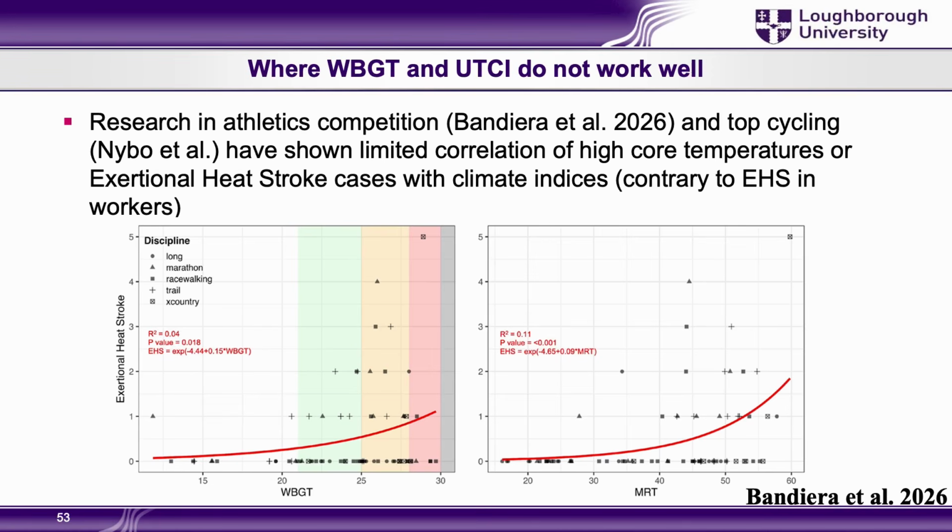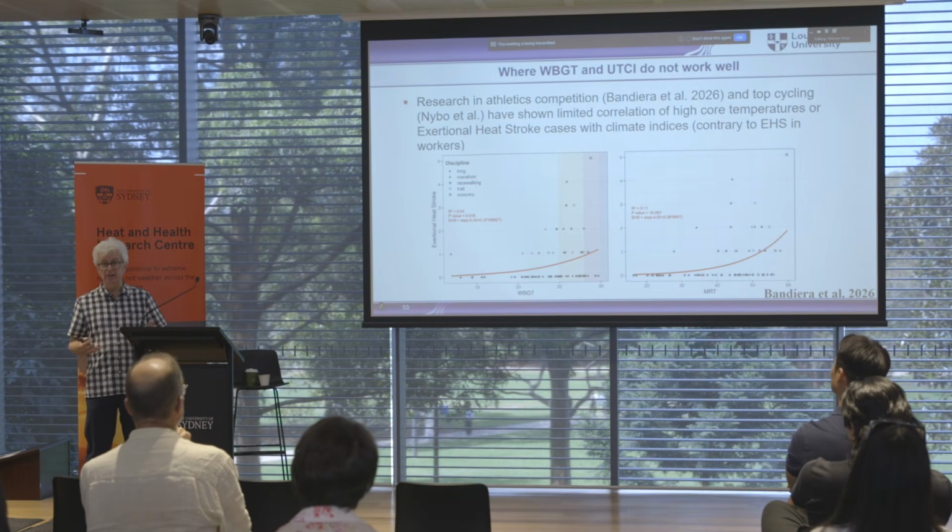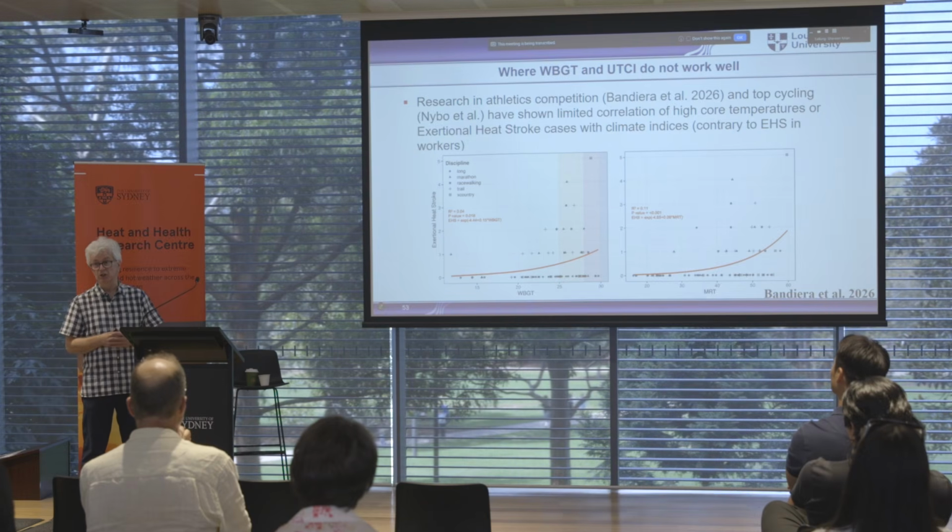There's also cases, and in the literature we'll find more. The work capacity one is where UTCI worked really well. There's also situations where it doesn't work well. And there's a number of people, in this example, this is Sebastian Ressenes group, and this is Lars Niebuhr's group, who have tried to apply this to athletes and top athletes in international competitions.